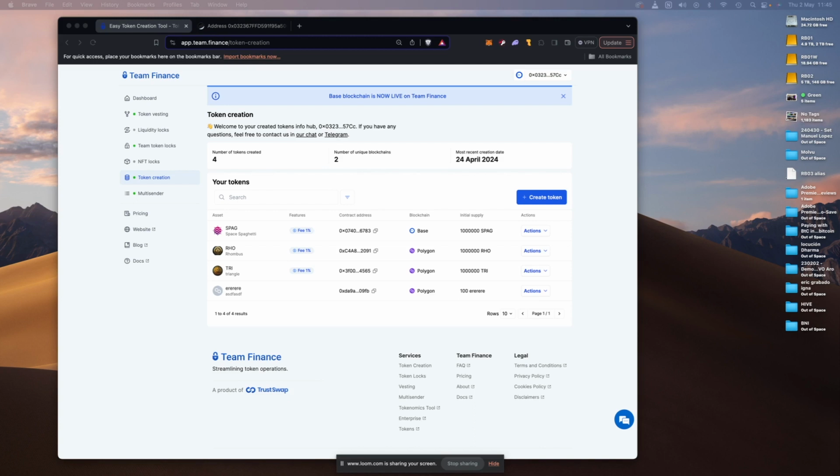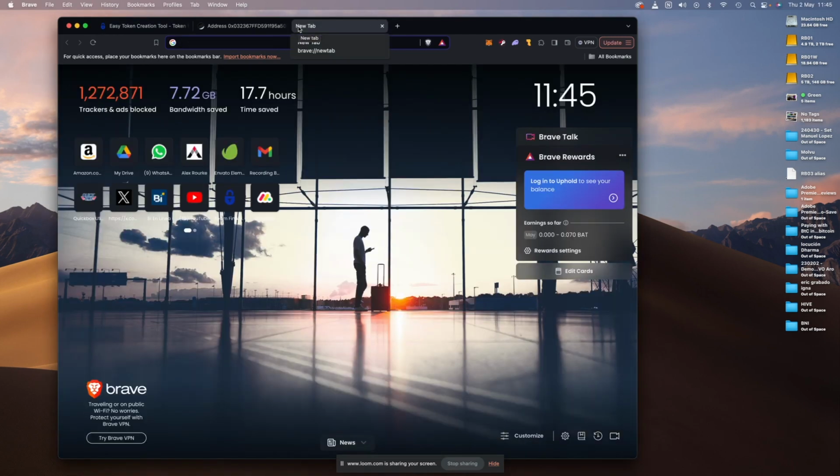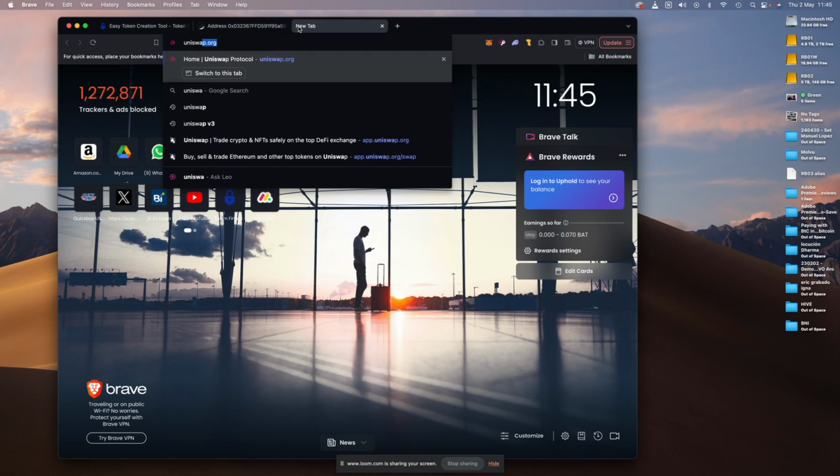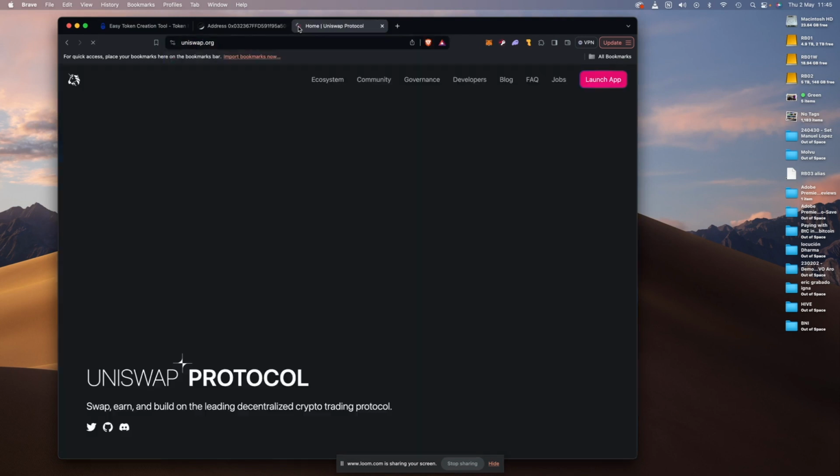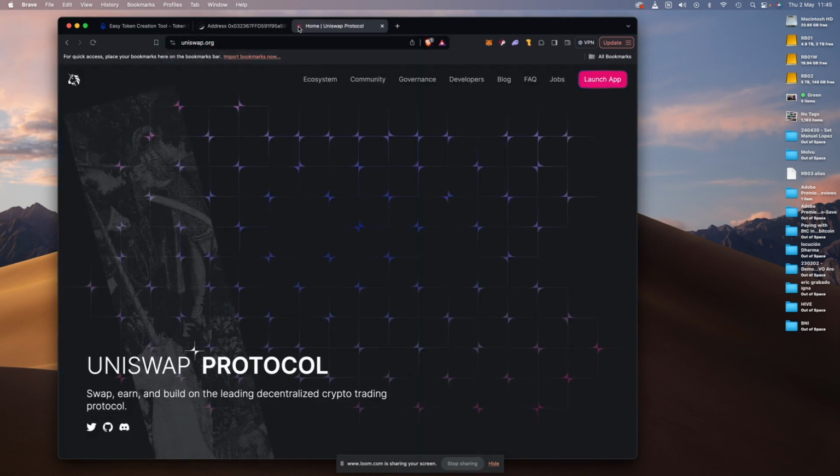So let's go ahead and do that. Now the first thing we want to do is go to uniswap.org, and the best thing to do is type it in yourself, uniswap.org. You could also use a trusted link from a reputable source such as X, or from when you saved it to your favorites to avoid clicking on a scam link. So we're going to go ahead and launch app,